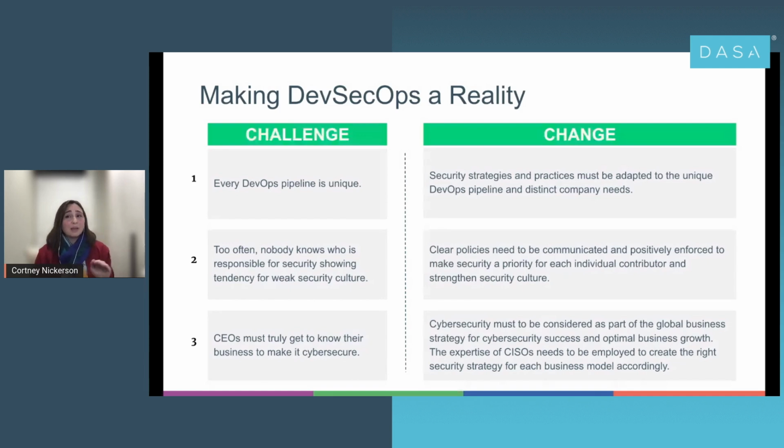So simply stated, to be cyber secure, CEOs must truly get to know their businesses from the DevOps pipeline up. Humans are naturally resistant to change, and this is terribly true when it comes to DevSecOps initiatives. I'm terribly passionate about getting that to change. And we all know that there's a need for an integrated and automated approach in security. So today, as we part ways, I hope you'll be encouraged to take part in the challenge that we all need and want to see as we create DevOps practices for the future and start making DevSecOps a reality